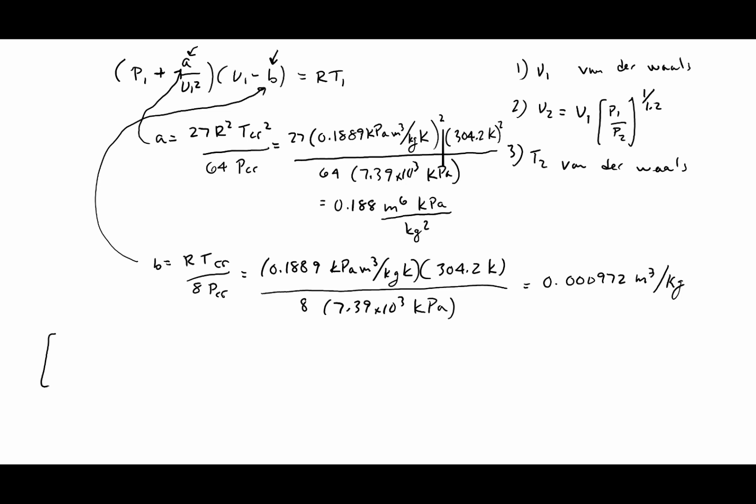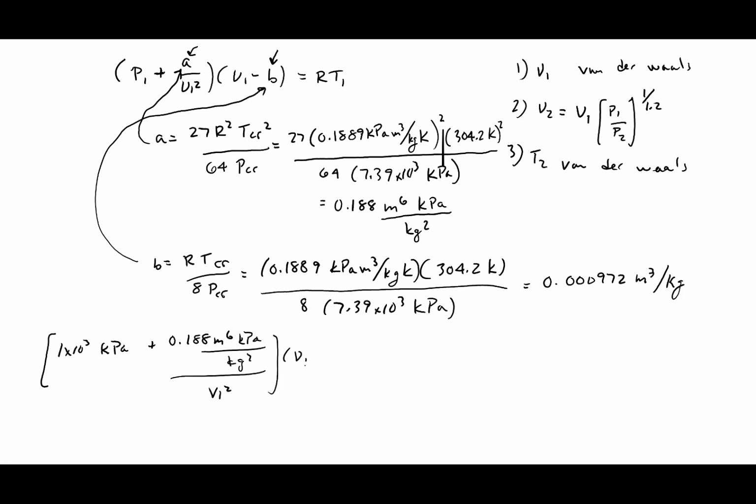P1 is 1 times 10 to the third kilopascal plus A, which is 0.188 meters to the sixth kilopascal per kilogram squared, divided by V1 squared,